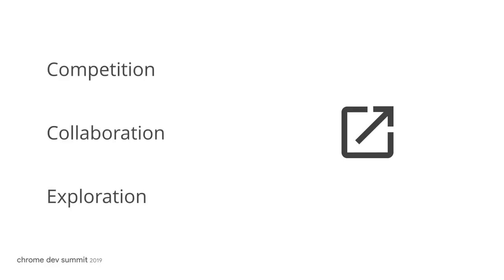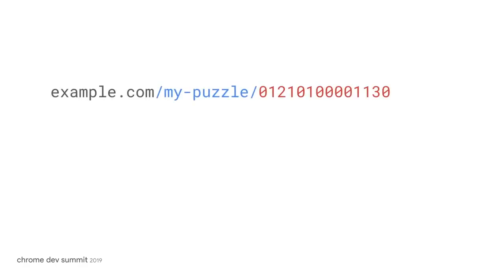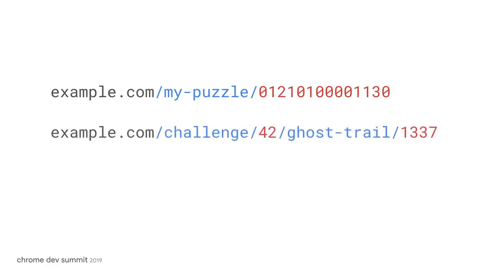But what would the URLs of these games really look like? Well, I could create a puzzle in a game, and then I could share a URL, and that URL could be a playable link to that particular puzzle. Or I could finish a level, and I could share the URL, and what I share could be a player ghost of me completing that level for others to compete against. And lastly, I could be playing a roguelike game, discovering new areas of the world, and I could find a secret room. And then if I share the URL, that could teleport a friend into that same room that I've discovered.